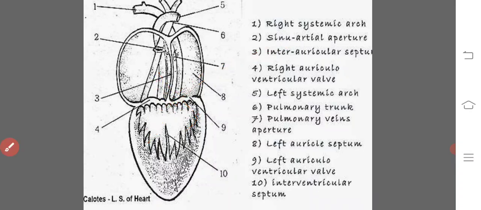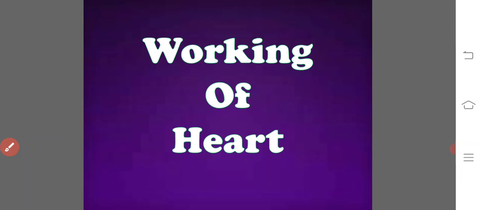Let us see the working of the heart. In Calotes, the circulatory circuit is double circulation. There are pulmonary circulation and systemic circulation. Pulmonary circulation is conducted by the pulmonary arteries which carry deoxygenated blood to the lungs. In the lungs, the blood becomes oxygenated and returns to the left auricle by the pulmonary vein. From the entire body, deoxygenated blood is collected by two precaval and one postcaval veins. They drain this blood into the sinus venosus.